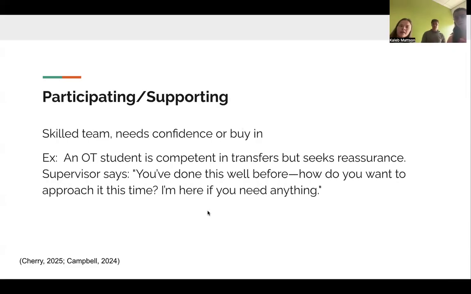The next level of readiness following that is participating and supporting. So again, this is where you have a skilled team, but they may need some more confidence or buy-in. So again, we're going to want to offer feedback and praise. An example of this is an OT student who is competent in transfers, but is still seeking some reassurance. So the leader or the supervisor would say, "You've done this before. How do you want to approach it this time?" Just sort of guiding their thoughts and helping them build confidence in their own